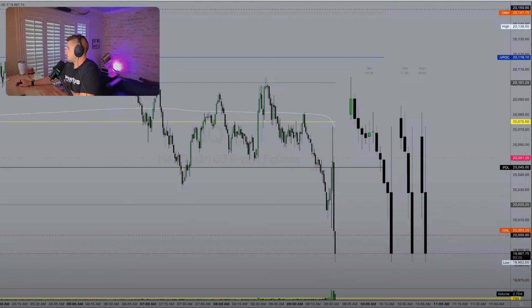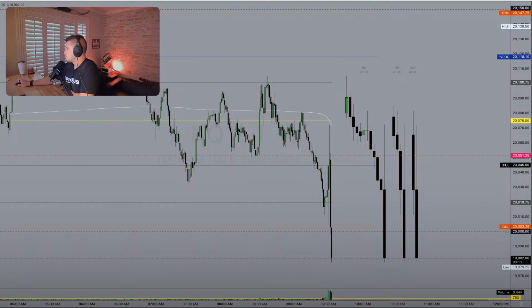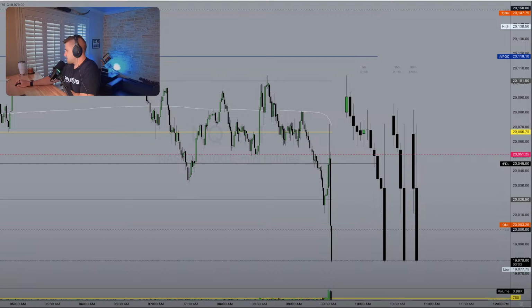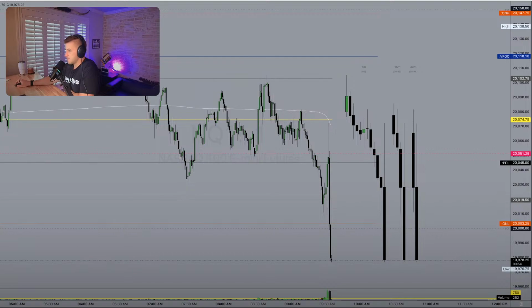Like I mentioned before the stream, platform crash, Steve, man. It's a little more common with bigger volatility. Tradovate's still going, at least on my end. Tradovate and TradingView, good to go.